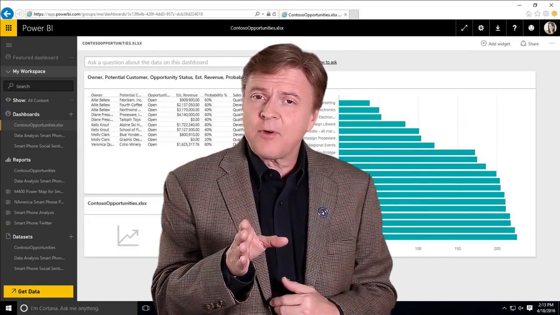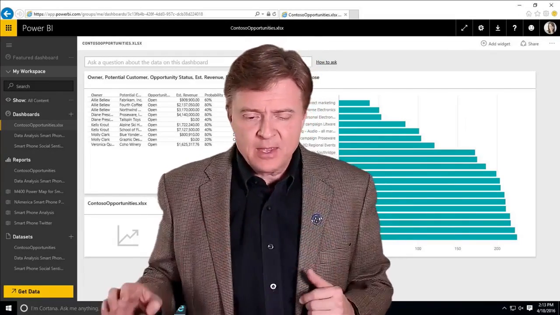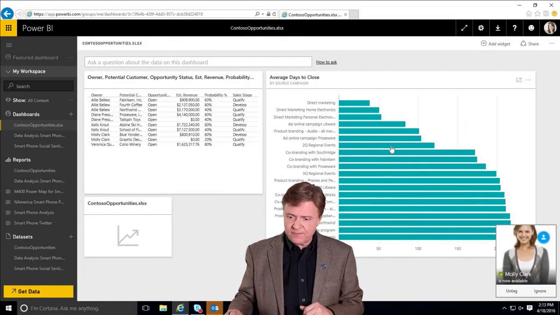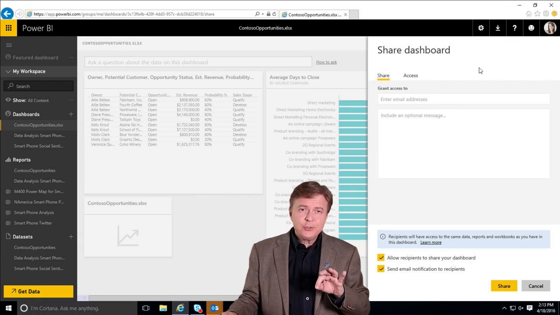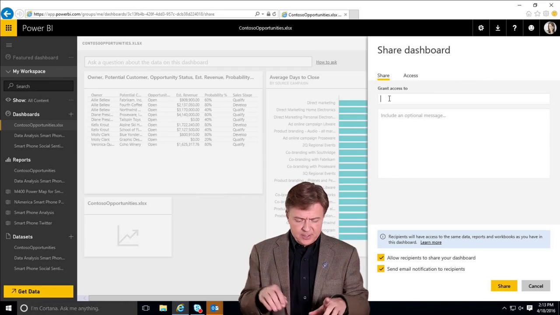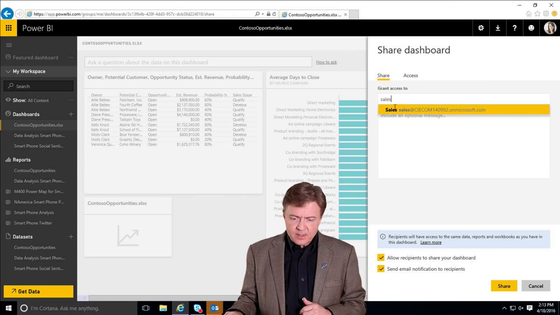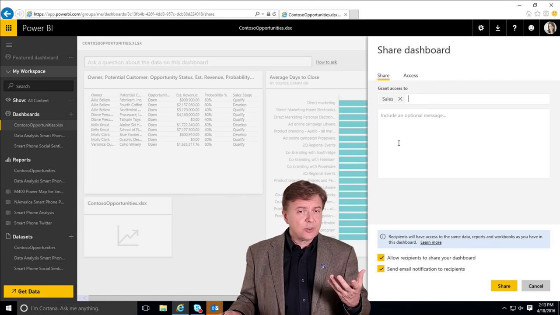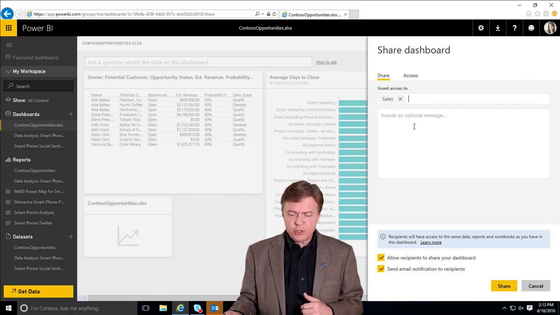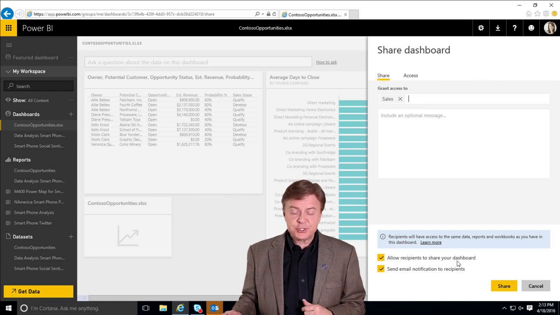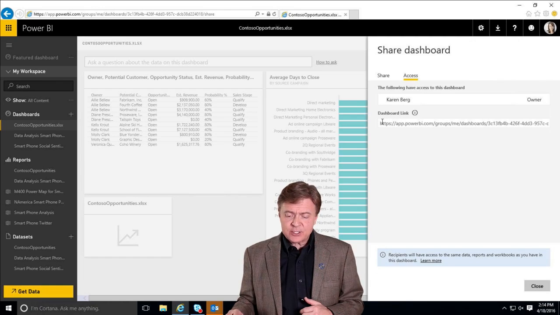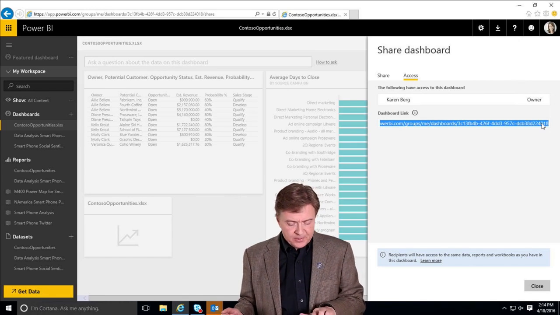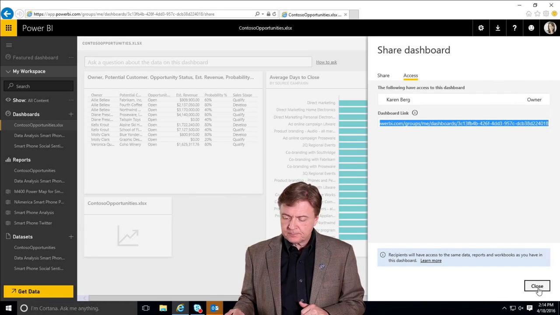Let's take a look at a couple of opportunities and ways to get this information to them. Now you'll notice if I come to the upper right hand corner, follow me, and I click on this share button right here, I have an opportunity to share this dashboard right here. And I can simply type in a distribution name here and select that and send this to them so that they have this as a shared document with them, and it'll show up in their email. They also have the ability to share the dashboard with their colleagues if they want to. Or I can hit this Access tab here and choose this link, copy this link to my dashboard or to my clipboard,